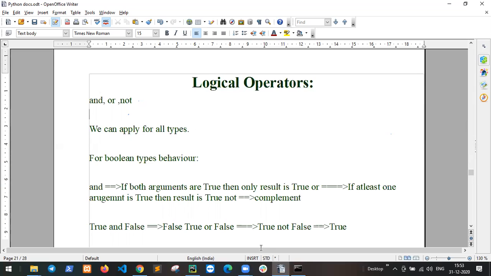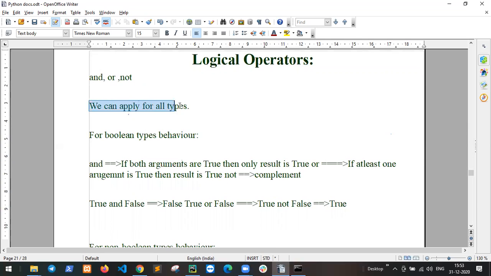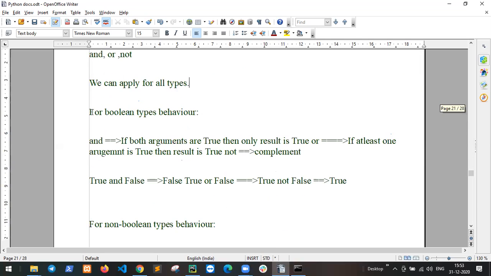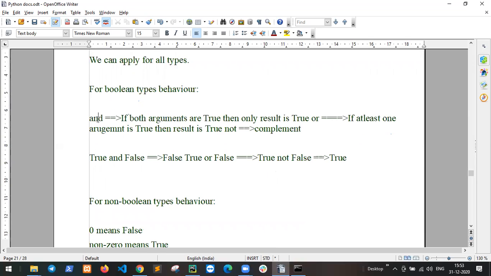If you want both conditions true, that is and. If you want only one condition true, that is or. Not is the complement. We can apply these for all types, with boolean behavior.